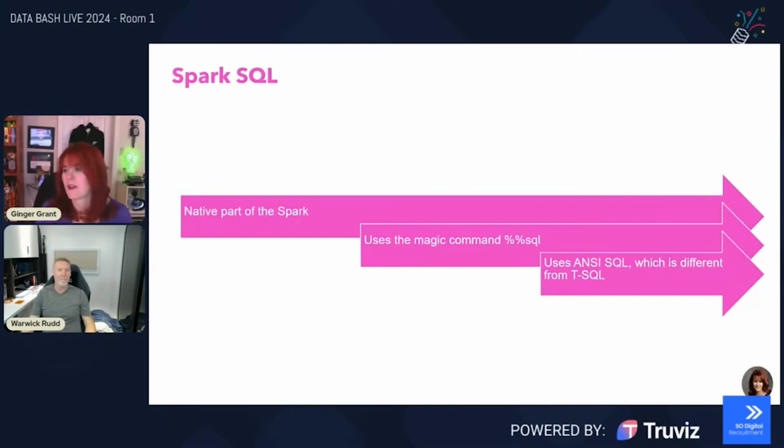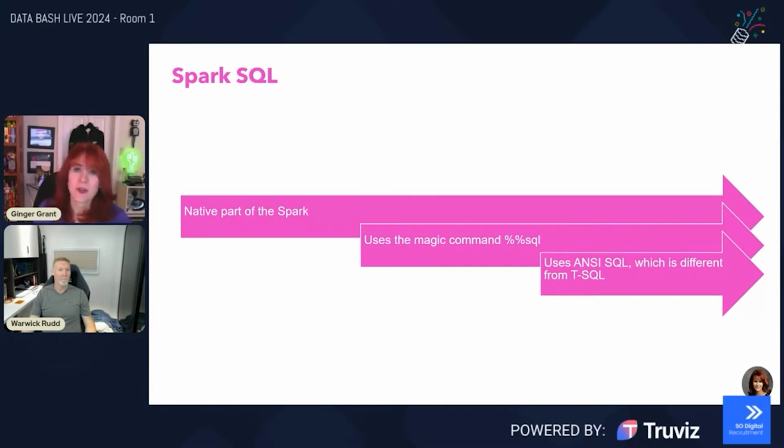So one thing that I really wanted to talk a bit about, because I know that in a data space, people are not so familiar with all things Python. So Spark SQL is really what is used a lot of the time to do the different data manipulations and data engineering that you might need to do to get your data in a format that you want to use for reporting. Spark SQL is a native part of Spark, as Warwick mentioned earlier. And you can use the magic command, which is %%sql, to write whatever SQL that you want inside of a notebook in Spark.